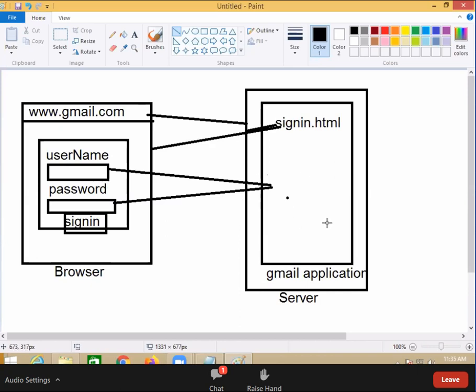It means that page content is dynamic. Is there one page for every user? No. There will be one program which is generating the content dynamically. For generating that,